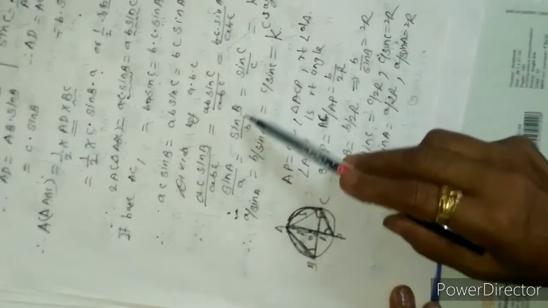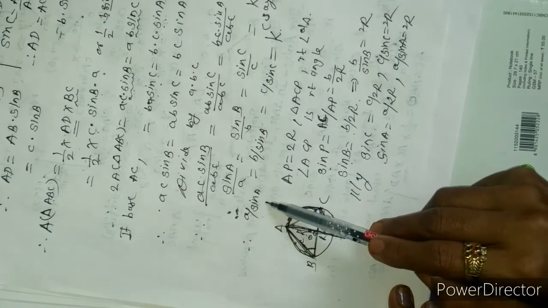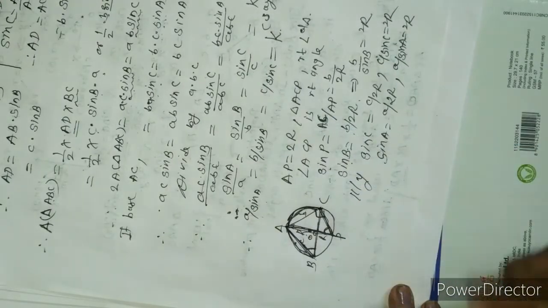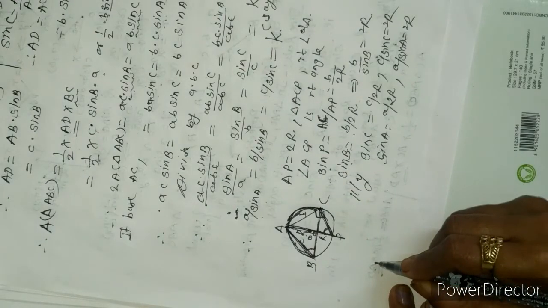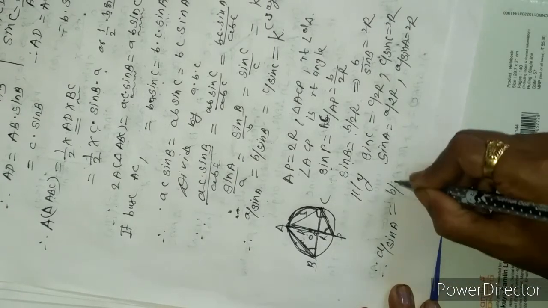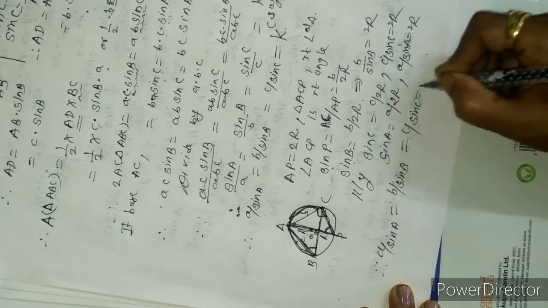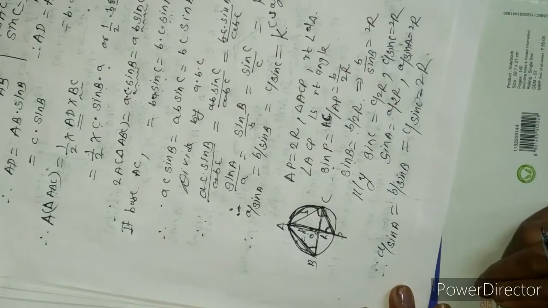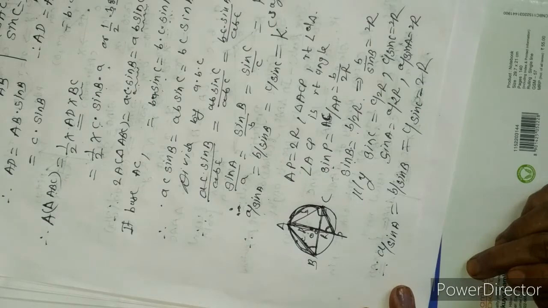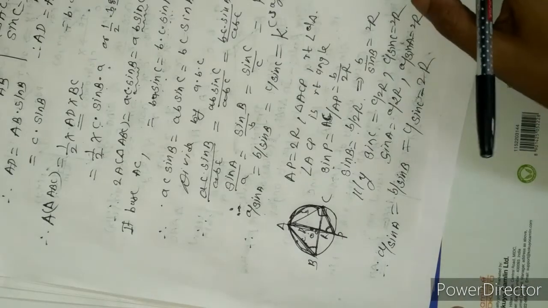So from these three ratios, one of the ratios is B upon sin B, whose value is equal to 2R. Similarly the value of A upon sin A is also 2R, and C upon sin C is also 2R, and therefore in the sine rule we take A upon sin A is equal to B upon sin B is equal to C upon sin C, which is nothing but the length of the diameter of the circumcircle of triangle ABC. With the help of this, we find many relations and use them to solve the corresponding triangle.